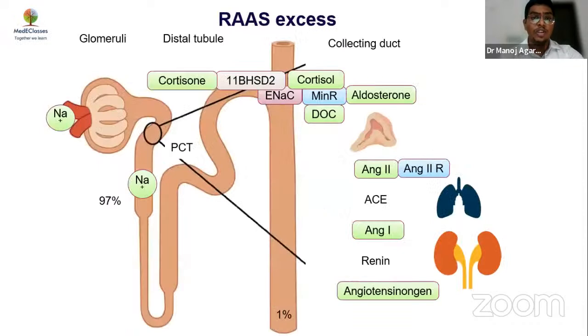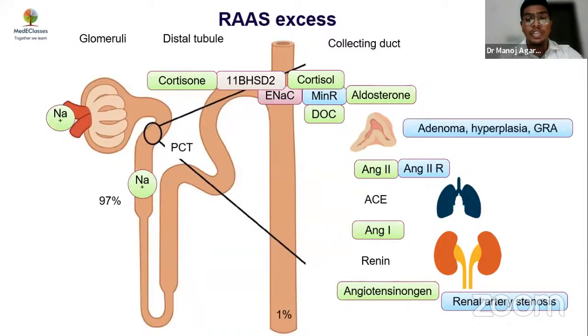So now we will move towards another very important entity, which is RAS excess, which causes chronic persistent hypokalemia. So what are the causes for it? Any cause of RAS activation or RAS excess causes hypokalemia, like renal artery stenosis, which causes hyperreninism, which